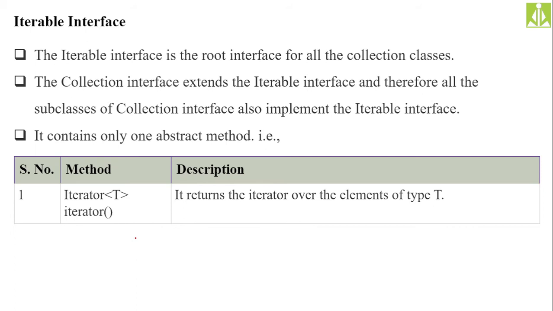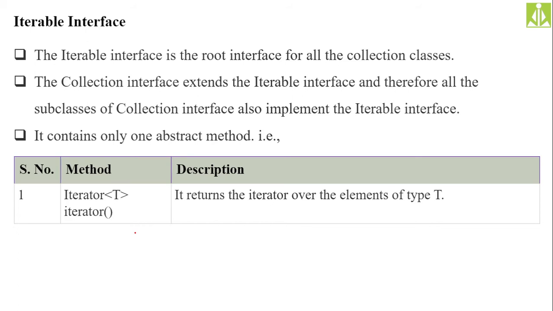Because we know that an interface we cannot instantiate, whereas a class we can instantiate. If you have interfaces at the bottom level, at the leaf level, we can't instantiate them, so we can't get the functionality. So having interfaces at the bottom level is meaningless. That's the reason, as you go down in any hierarchy of classes and interfaces, at the bottom we will have classes, and at the top we will have only the interfaces.